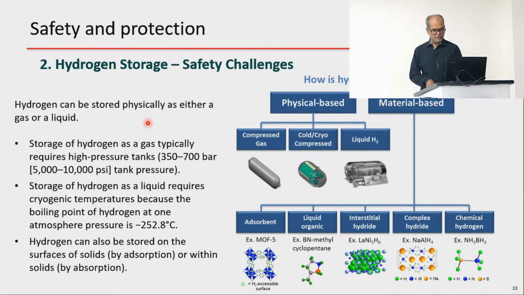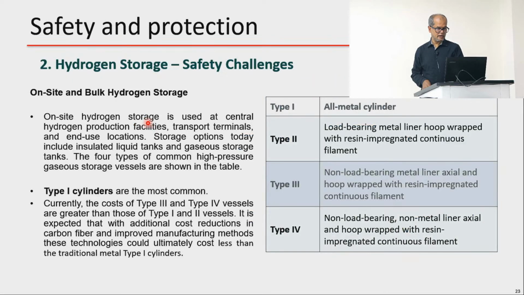We have very high pressure, and sometimes the devices we use also utilize high temperature. High temperature is mainly for production, but for storage, high pressure and very low temperature are mostly the two hazardous conditions for storing